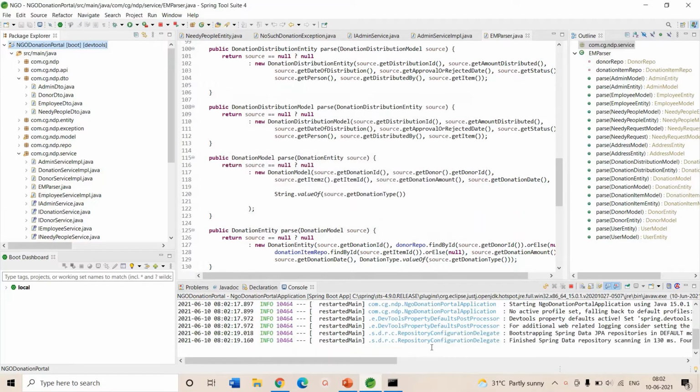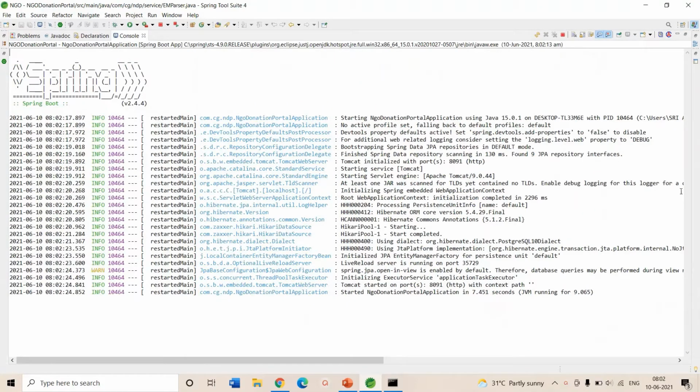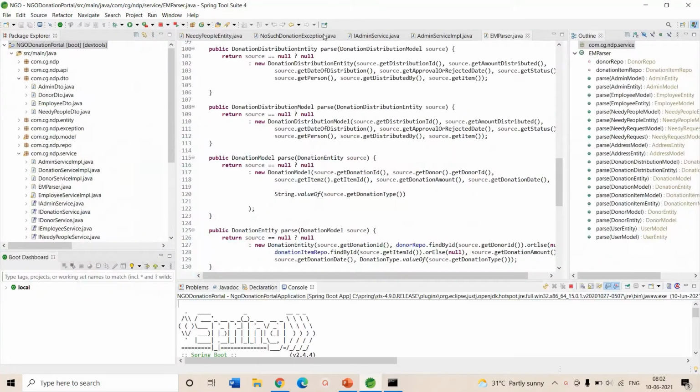Yeah, the code is actually running. Yes, it's completed. You can see this console. After opening this console, everything is perfect and it started the NGO donation portal application. The application has started. In this, we also have test cases